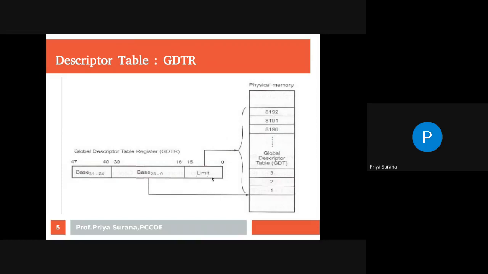The value of the limit is 1 less than the actual size of the table because it starts from 0. Since the limit field is 16-bit long, GDT can grow up to 65536 bytes. The upper 4 bytes of GDTR specify the linear base address of the global descriptor table.